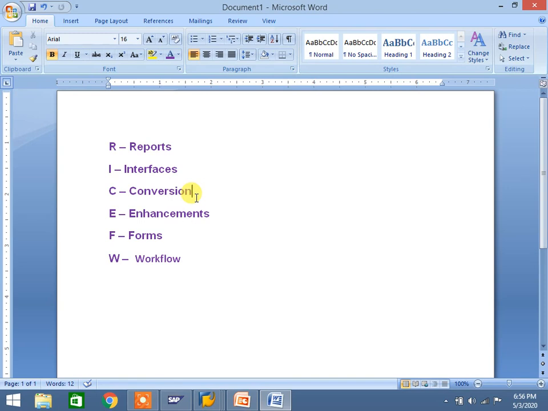Here also we need to write a functional specification based on user requirements. The functional consultant will gather the total requirement from the user and check whether it is sufficient in standard SAP without development. If development is required at user exit level, function module level or program level, any enhancement, that is called an enhancement.